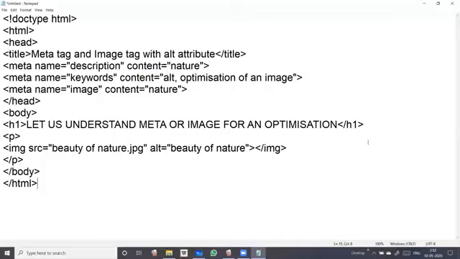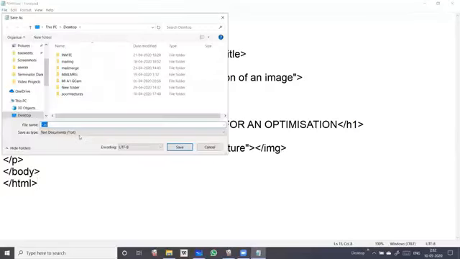We'll see the page with image and without image, so that we can learn the alt attribute as well. First save it, I'm giving it the name data img.